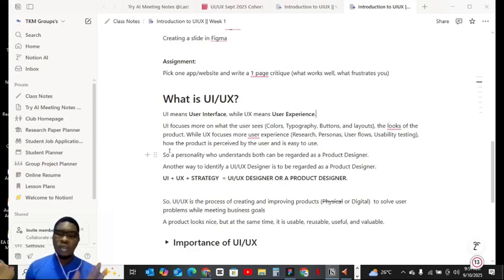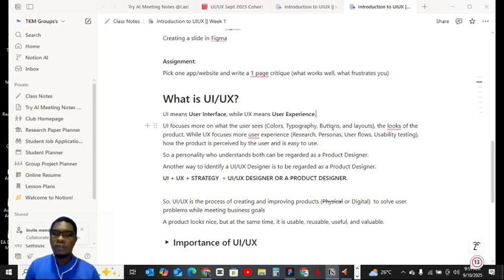Those things people look at and say, wow, I like the way this design is. It's done by you, a UI designer. The looks of the product are paramount to the UI designer.